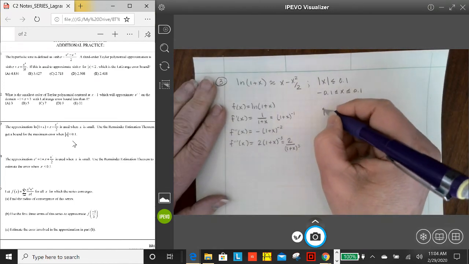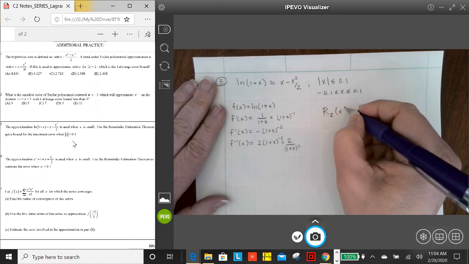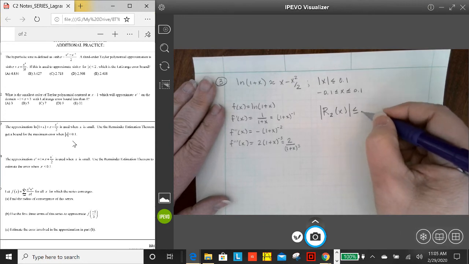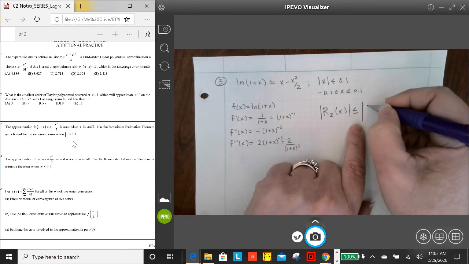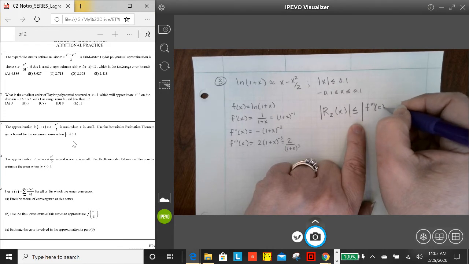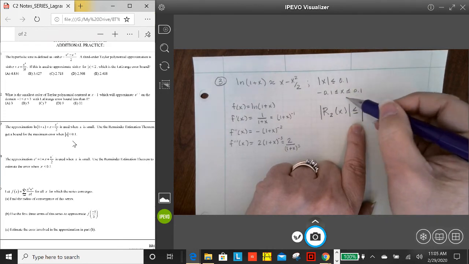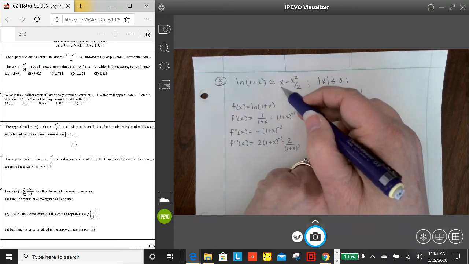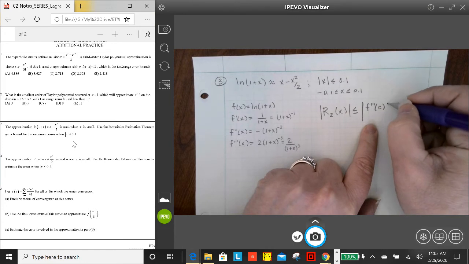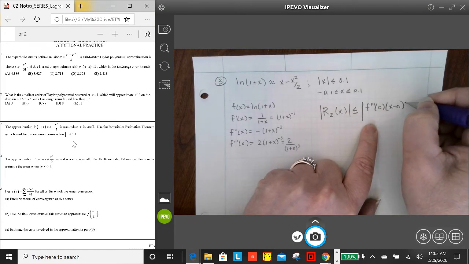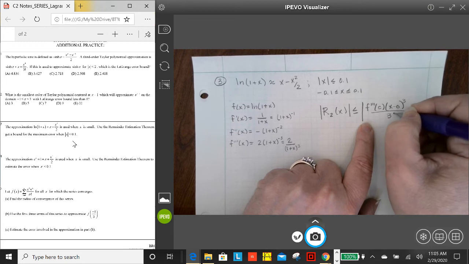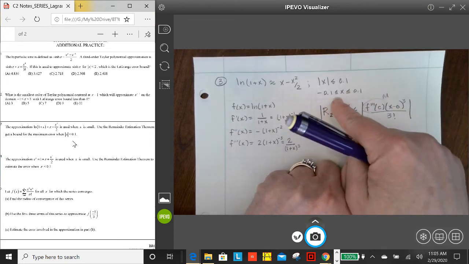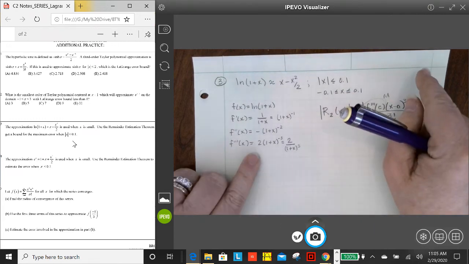And I know that the remainder of x, the approximation for the remainder, is going to be less than or equal to the third derivative evaluated somewhere that's going to be a maximum in this zone. And this is centered again at 0 because I don't have any shift in my polynomial, so it's going to be x minus 0 to the third over 3 factorial. And knowing that this is going to be a maximum that we find on the third derivative function between here and here, we need to think about